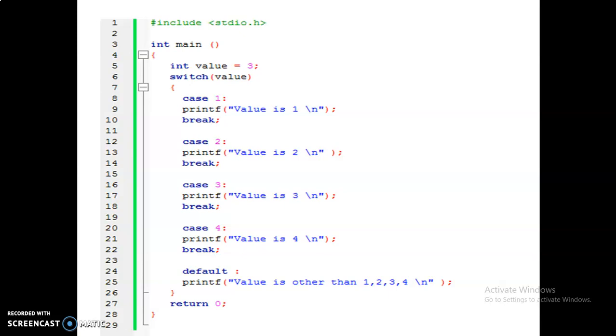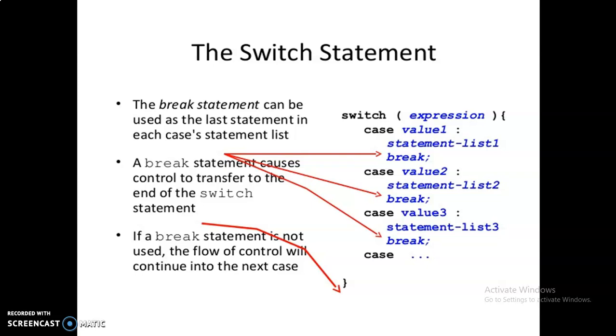So this is the concept of the switch statement. Here again is the syntax of the switch statement. What is the switch? It is a keyword, started with a curly brace, case value 1 colon statement 1 break, case value 2 colon statement list and break.